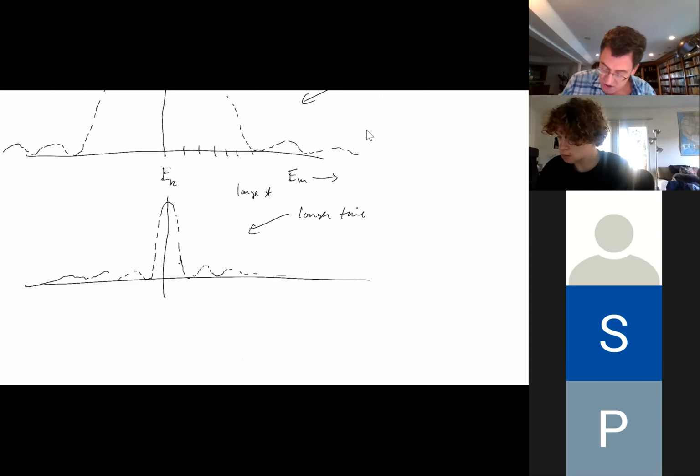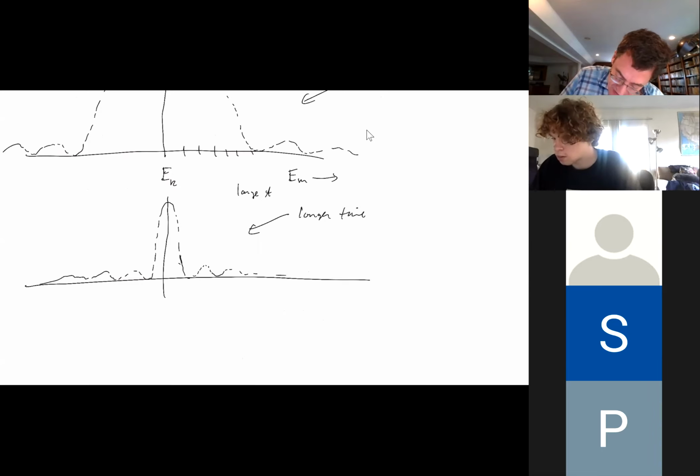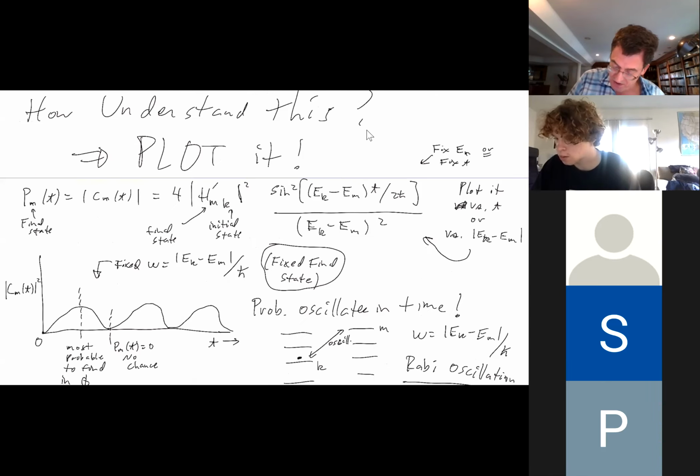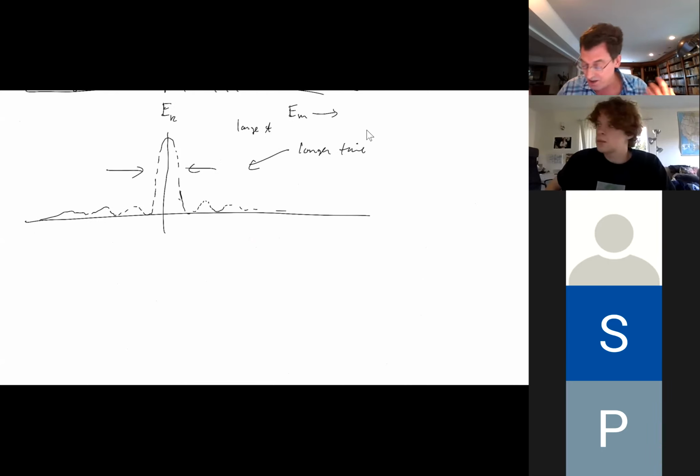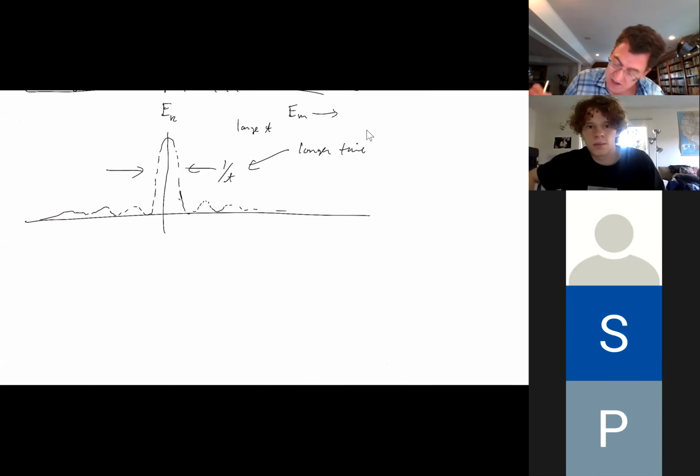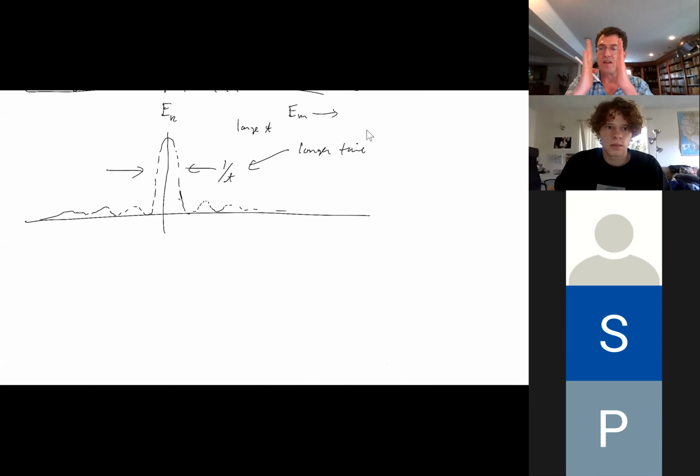And so if you take a close look at this function, you will see that the width of the function, and when I say the function, I'm just talking about this function that we derived here, okay? I just can't keep writing it. It's too hard for me to do. I wish I had a chalkboard, but I don't have a chalkboard. And so as time goes longer, if you investigate that function, you see that the width shrinks in time, which makes sense, because as time goes on, it becomes more probable